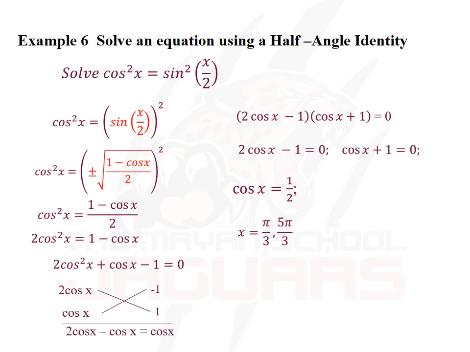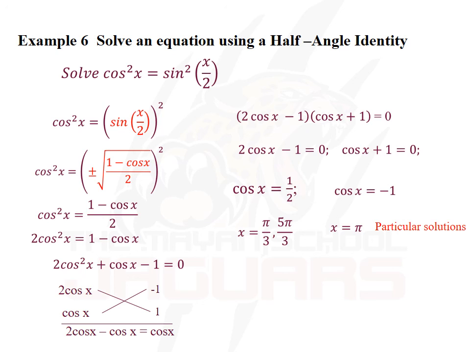You can check these values in the unit circle. And solving the other equation, cosine of x equals -1, for which angle does the cosine of that angle equal -1? The value of x must be pi. Cosine of pi will be -1. And these are the particular solutions. Remember that when you need to solve an equation and it doesn't mention anything about the interval that you need to solve this,